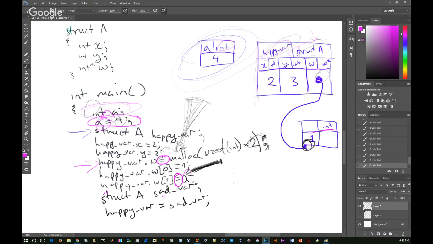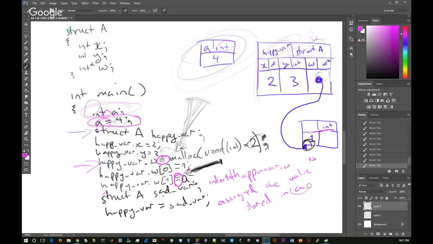So I would say index 1 of happyvar.w is assigned the value stored in A. Okay. Because it's a variable,